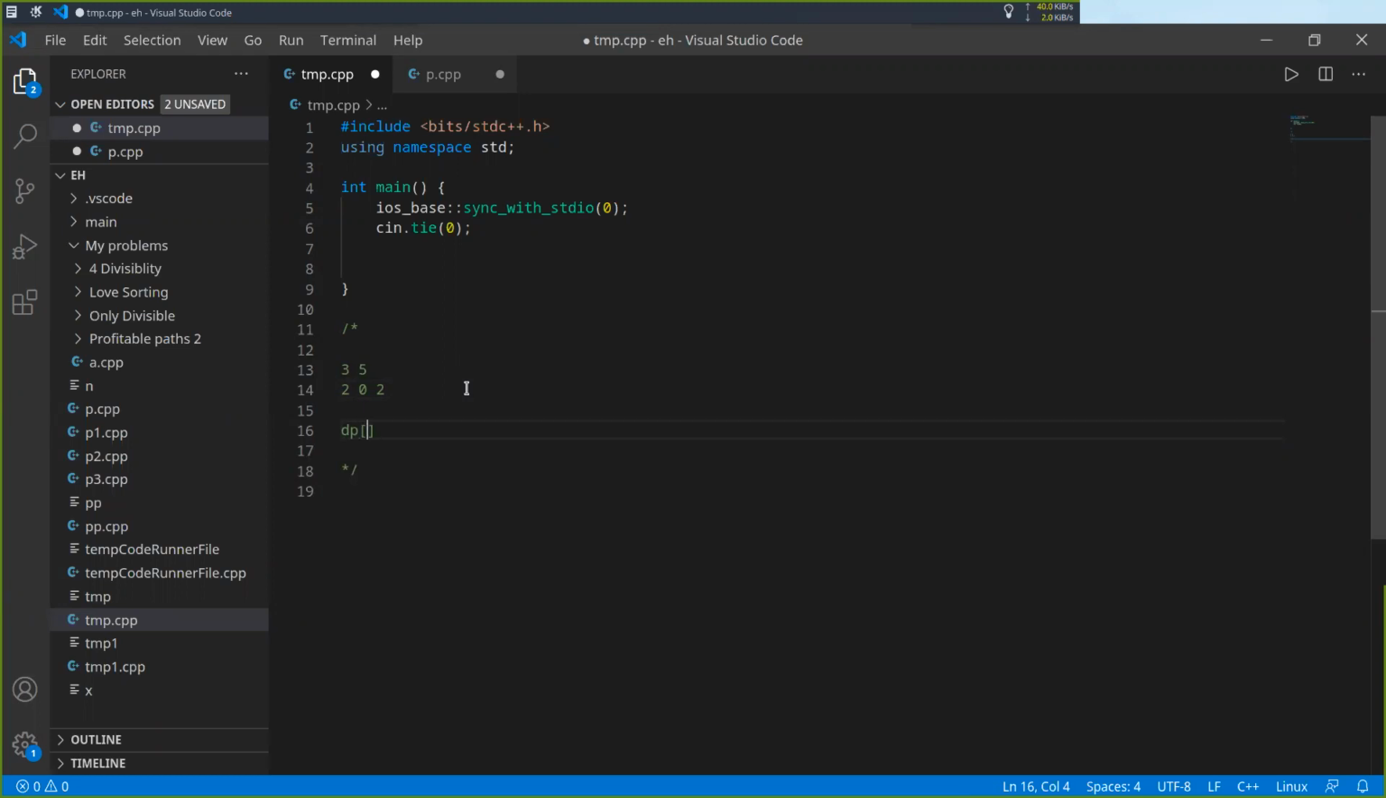So let's define DP of prev of I. Prev means the previous element, and I means the current element that I'm standing at. So DP of prev of I means the answer to the ith element such that the previous element equals prev. So for example,